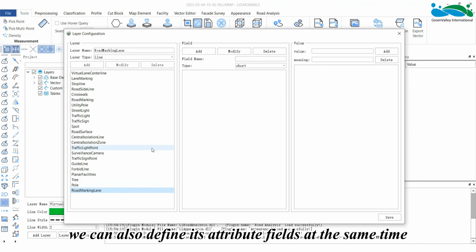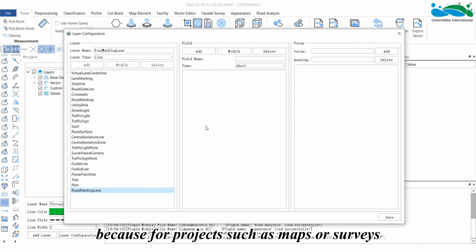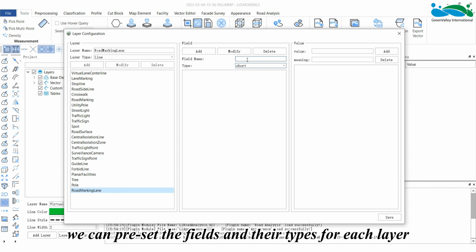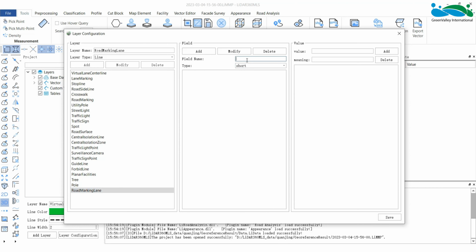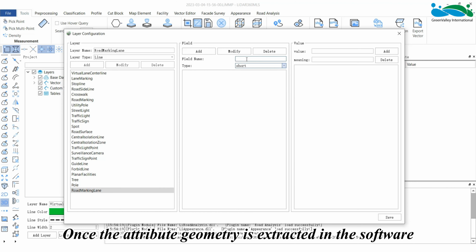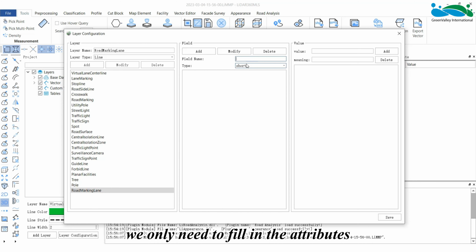Of course, we can also define its attribute fields at the same time, because for projects such as maps or surveys, the fields to be added to each layer are fixed. Therefore, based on these specifications, we can preset the fields and their types for each layer. Once the attribute geometry is extracted in the software, we only need to fill in the attributes.